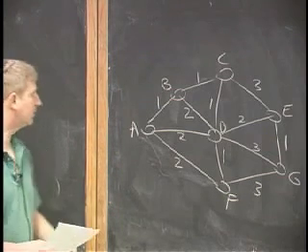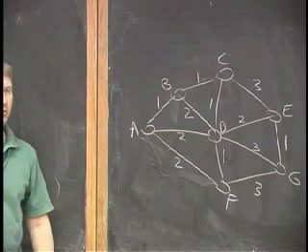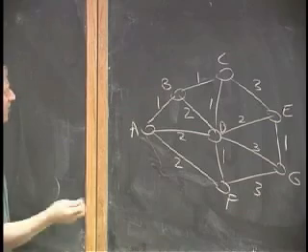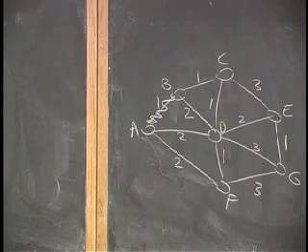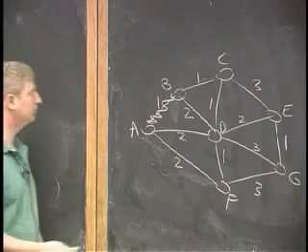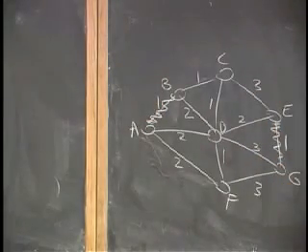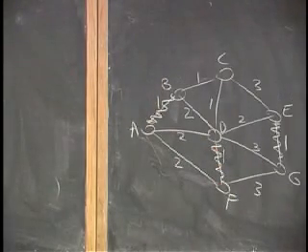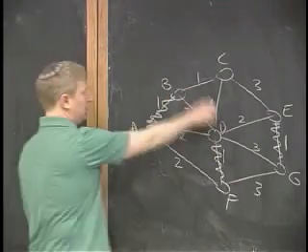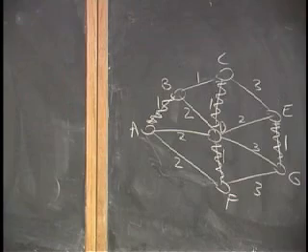Let's see what happens. So it starts off picking an edge of length 1. Any of them are OK. Just whichever one it comes to in the graph structure first. So let's say it's doing things in alphabetical order in the graph structure. So it might hit this edge first. All right, that's 1. Then it might go to, well, let's say E comes next in the structure. I'm switching it around. It might go there. Then it might go here. Now what are the choices? This or this. Let's go to this one. So now we have three